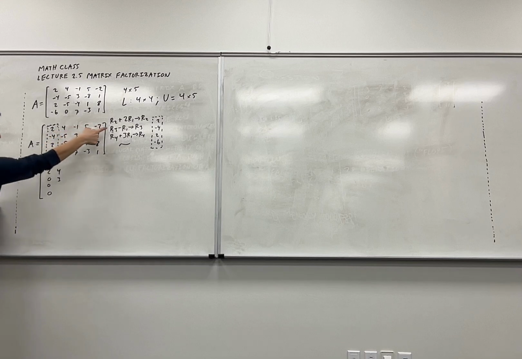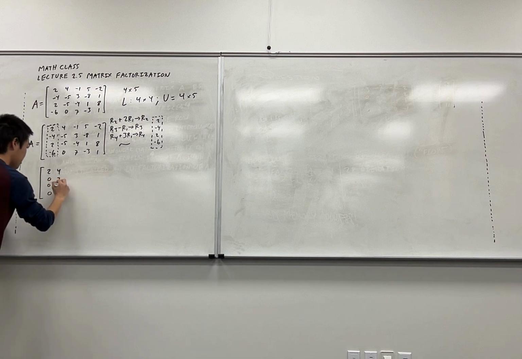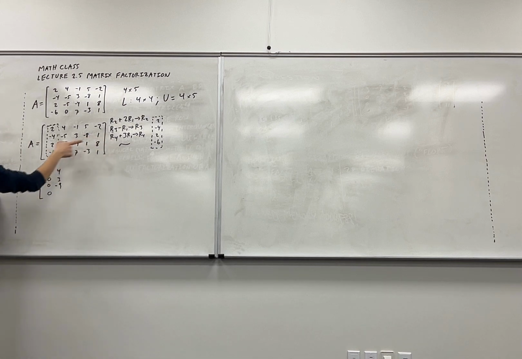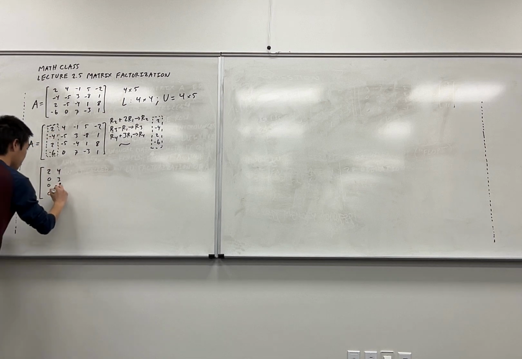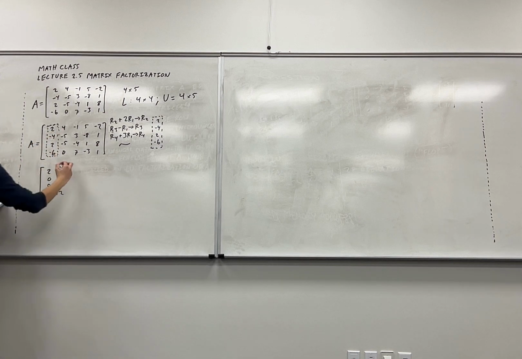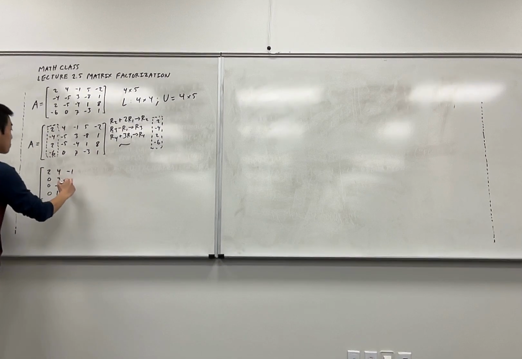Row 3, so I go to my instructions. My instructions say I need to take this row and subtract it from there. So minus 5 minus 4 is minus 9. My instructions say take this value and add triple this. Okay, so that's 12. Okay, now I go to the next column. Minus 1. All right,